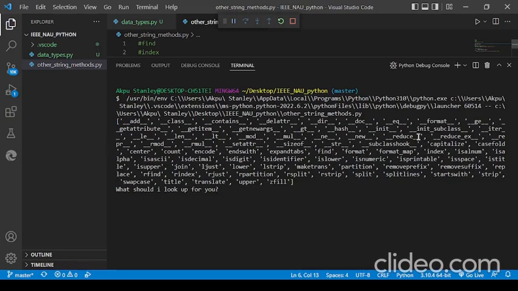You can see all these ones with double underscores. They are actually particular with the interpreter, so they are not methods. The methods we have are those without the double underscores, like capitalize, case fold, center, count, encode, and all of